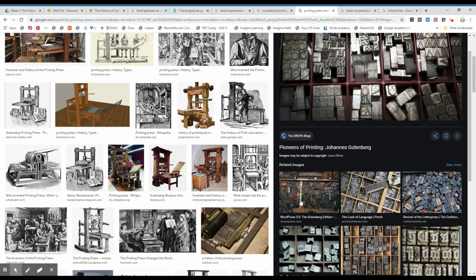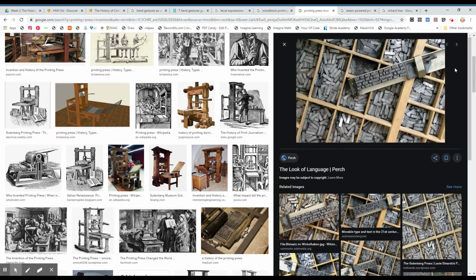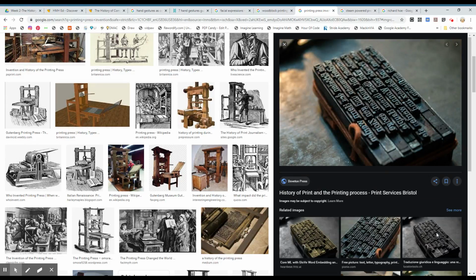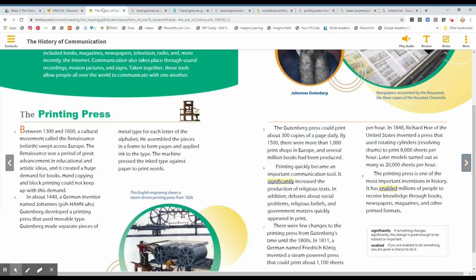And once they did that, boys and girls, they were able to apply the ink to it and then put the piece of paper on top and create the page. Again, that's a lot of work, boys and girls, for every single little letter or word to be put there in the correct order, and then have ink applied and be printed on paper. That was also a lot of work, boys and girls.